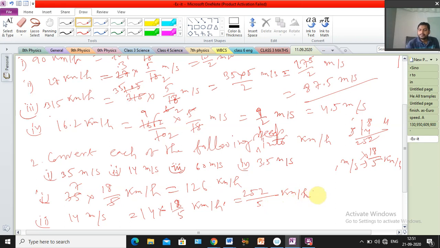Okay, so that means we are getting 5 5 is 25. Okay, next 2, that means 0 will come. Okay, for 2, that 1 for 0.10, that means 50.4 kilometer per hour. Clear or not? Understood? I hope clear.